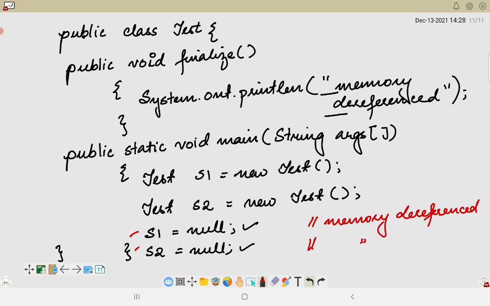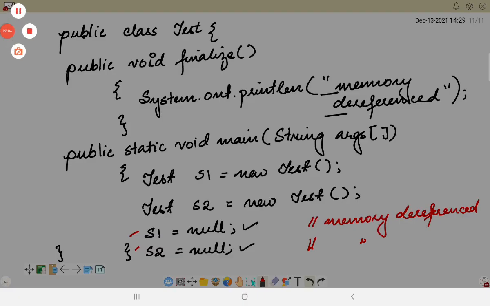Now we already discussed the advantages: it makes it more memory efficient and it is done automatically by the garbage collector. Even if we do not invoke it, the object is dereferenced, but if we invoke it, it makes us a little surer about it, so that it will help the memory to be managed in a better and more effective way.